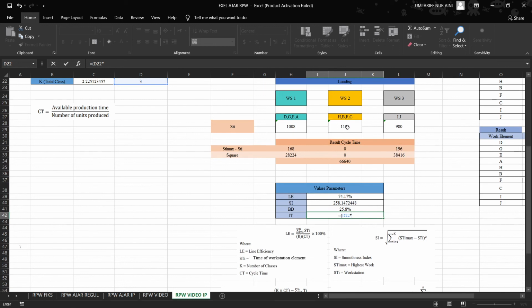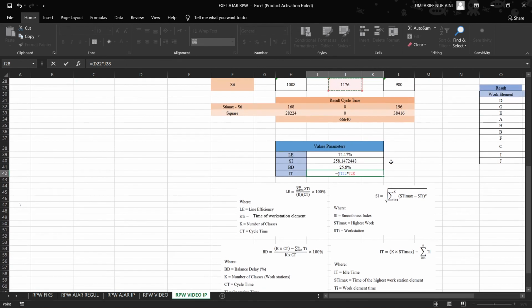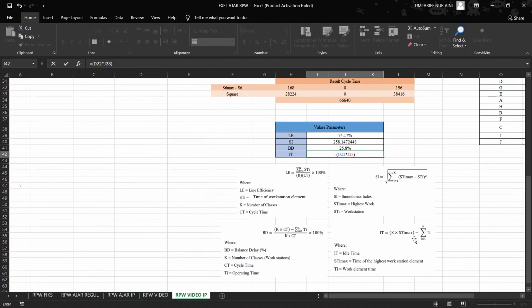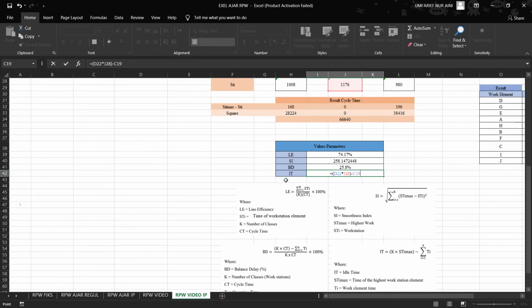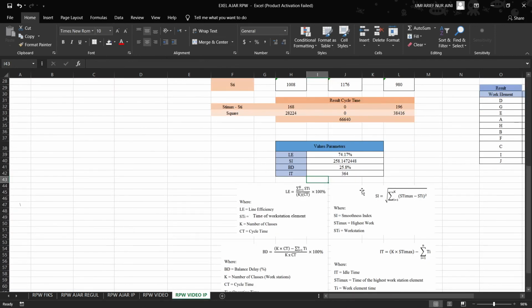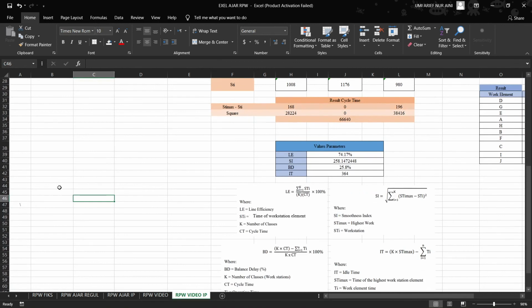So we can click the time of workstation 2, and then close the bracket and subtract the total of the work element time. So you can click in here. After that, you can click enter. So the result of the idle time is 3064 seconds. Okay, that's enough for the Excel session for the ranked positional method.